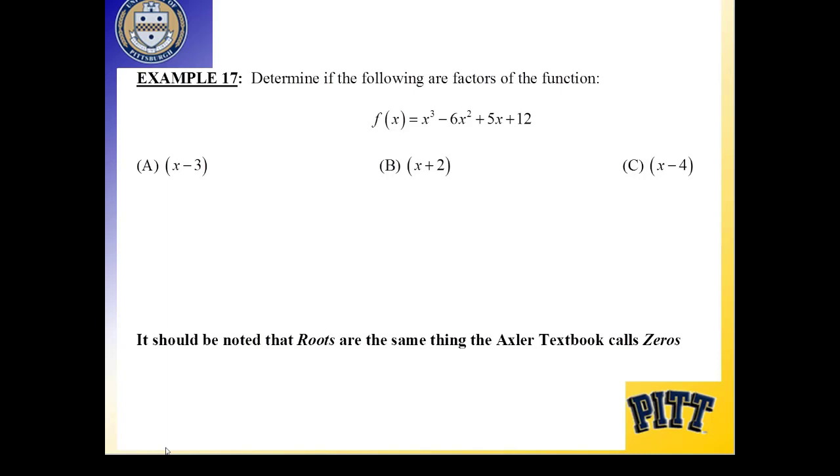But kind of getting into some of the premise of what we're going to eventually and how this is all going to work. Here it says, determine if the following are factors of the function. Now, do you have to do the division for that to happen? No. By the factor theorem and the remainder theorem, those two kind of working together, x minus 3 would be